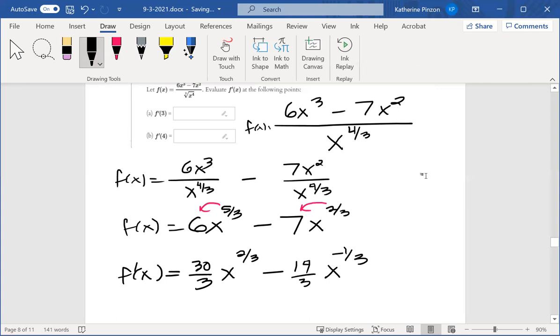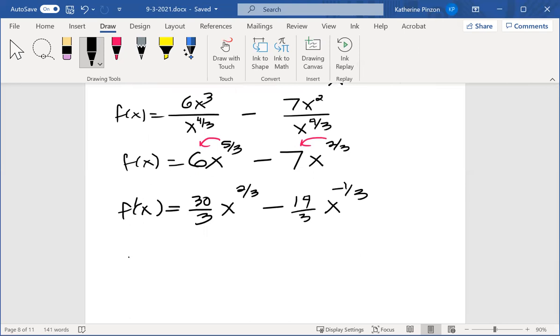Once I have this, all I have to do is plug in 3 and 4. So you can do that in decimals. Plug in 3, get your number. Plug in 4, get your number. Plug it in for the x. I think there'll probably be different numbers. Oh, both ways. You mean if you use the quotient rule? Yeah, you should get the same number. Okay, let me write it down. Plug in 3 and 4 for x.